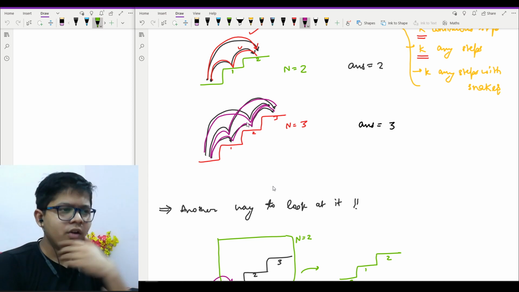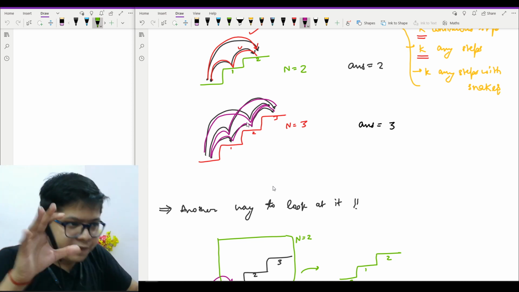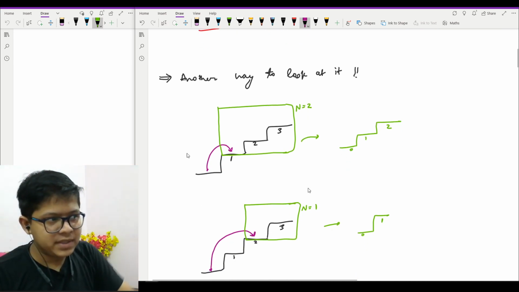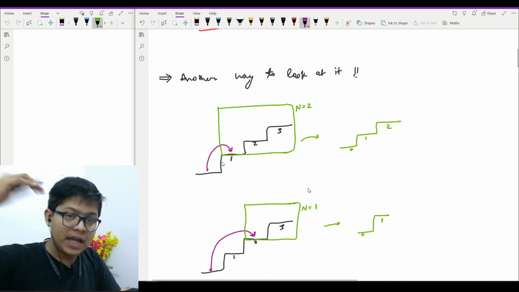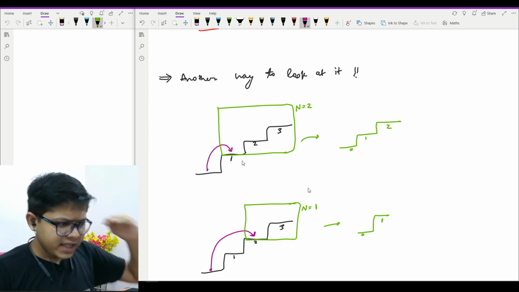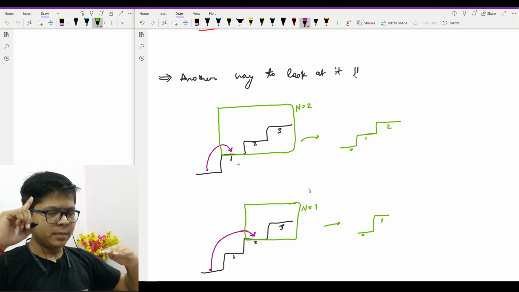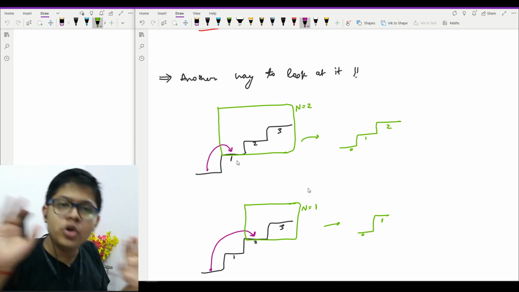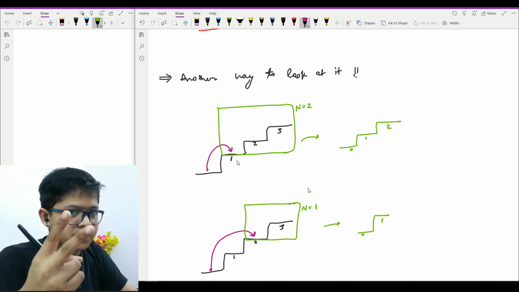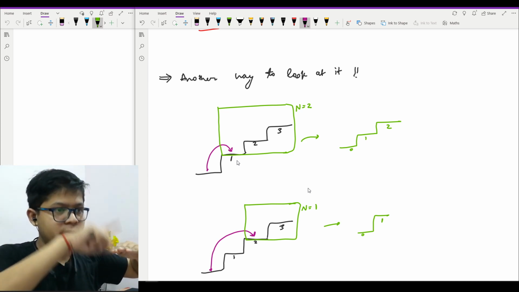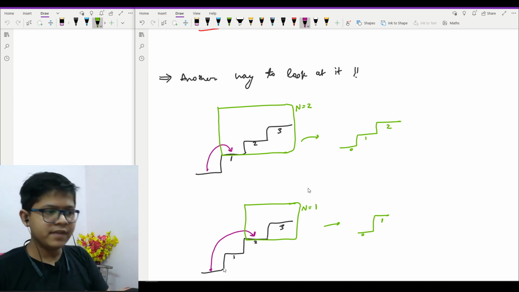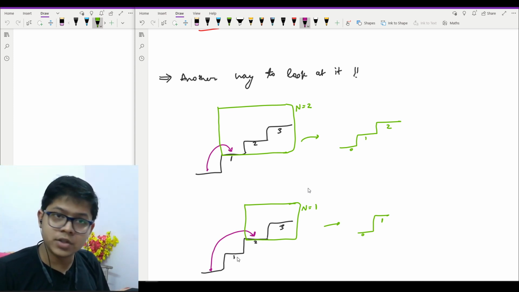Now if you look more closely, then if I illustrate the example 3, then what's happening? See, if I illustrate the example 3 of staircase of n equal to 3, then at ground I have 2 options in my mind. Either I can have a jump of 1 or I can have a jump of 2. Now I don't know what I will do further, but I have 2 options in my mind when I am on the ground. So these 2 options are in my mind, jump of 1 and jump of 2.